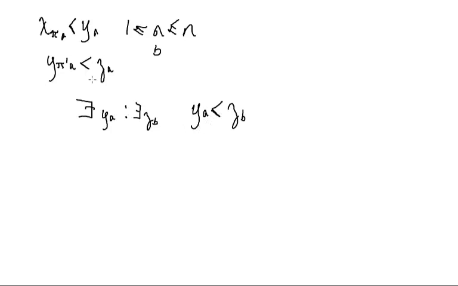And so ya is in some permutation pi prime. Since this is true, in other words, we can find a ya and pair it with a zb because ya is nested in there. That means we can also find an xa,